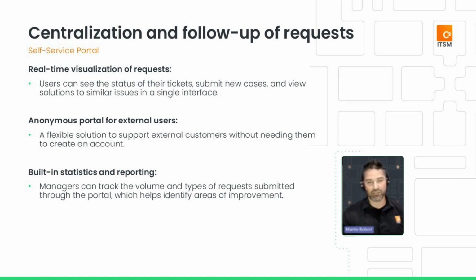Centralizing and effectively following up your requests on the self-service portal can greatly enhance the efficiency and the user satisfaction, because they don't have to wait for a phone call, or they are not on a waiting list for an agent to resolve the issue, or just to get some information. And by centralizing and effectively managing follow-up requests, a self-service portal can become a powerful tool to enhance user